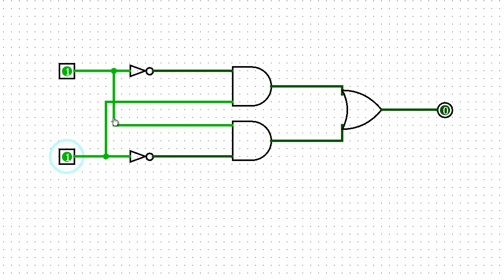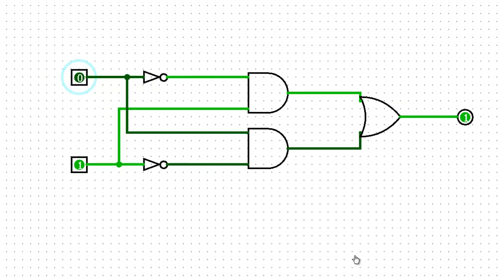The wires here in bright green indicate that a 1 is flowing over those wires. The wires here in more of a forest green indicate a 0. So here if I change that to 0, you'll notice that the colors of some of the wires change. This helps you to track the logic that's going on here. Another thing that helps you to track the logic,